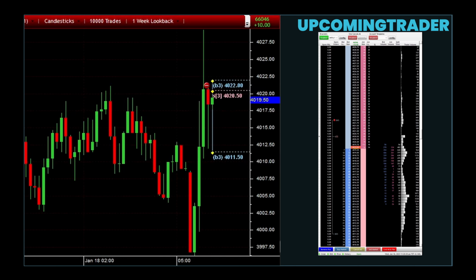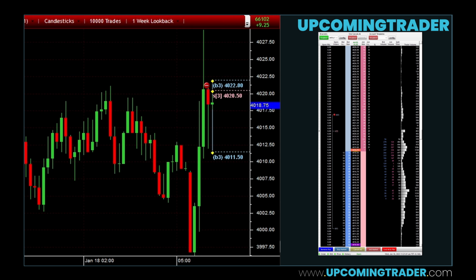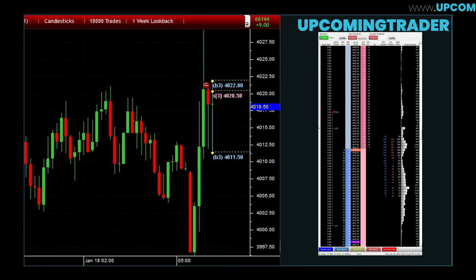To wrap things up, the volume indicator is a crucial part of trading Bank Nifty. It helps you confirm trends, identify breakouts, and spot potential reversals. Start by setting up your charts with volume and pay close attention to how volume behaves at key price levels. Remember to combine volume with other indicators to strengthen your strategy. Use volume spikes, breakout confirmation, and volume divergence to help guide your trades. And keep practicing. Over time, you will learn to read the volume like a pro and spot high probability trades